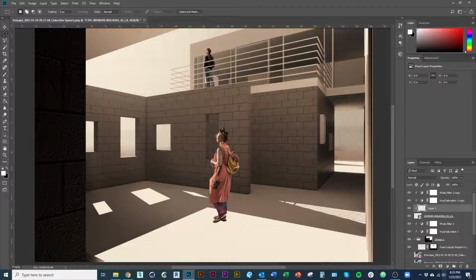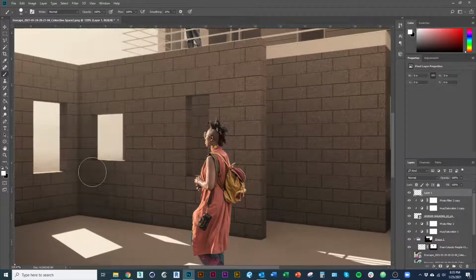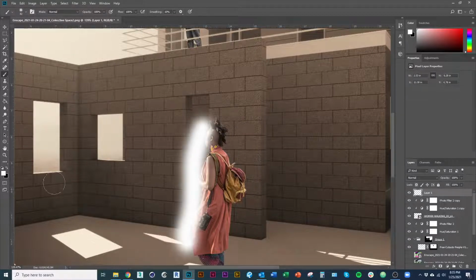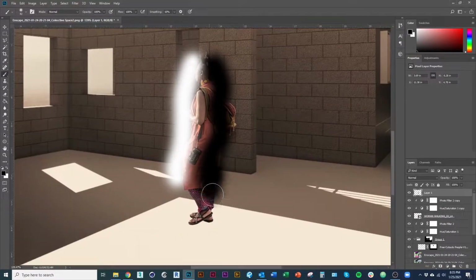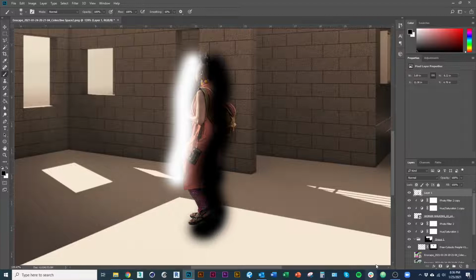And that's just our little page button there. I'm going to drag that to the top. And I'm going to start drawing on this layer just with my paintbrush. And so I'm going to draw in white and black and just kind of emphasize some of the contours. And then I'll use that as an